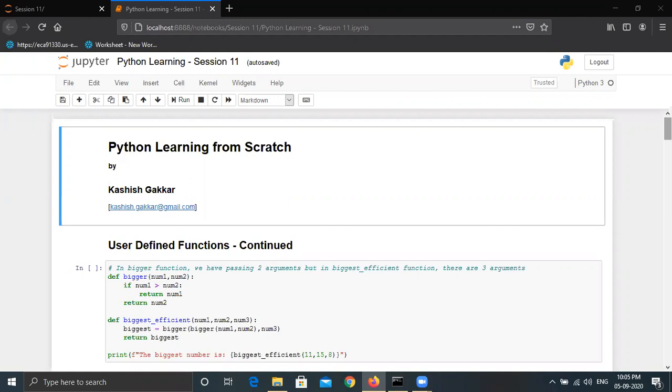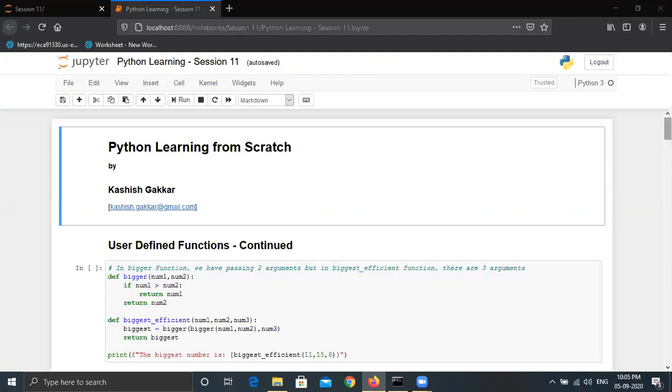So that was a basic flavor of modular programming, but later on we will be building various classes and objects, and then we will make different Python scripts and invoke functions and classes in the main script from various different scripts. Now we will continue our discussion on user-defined functions because there are some other arguments as well that you have to learn. So we will see what all arguments there are, and today we will try to end our discussion on user-defined functions so that we can proceed towards advanced topics.